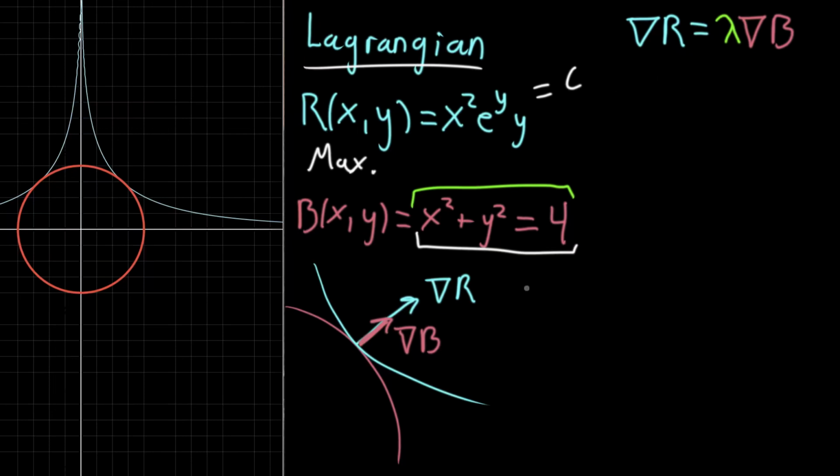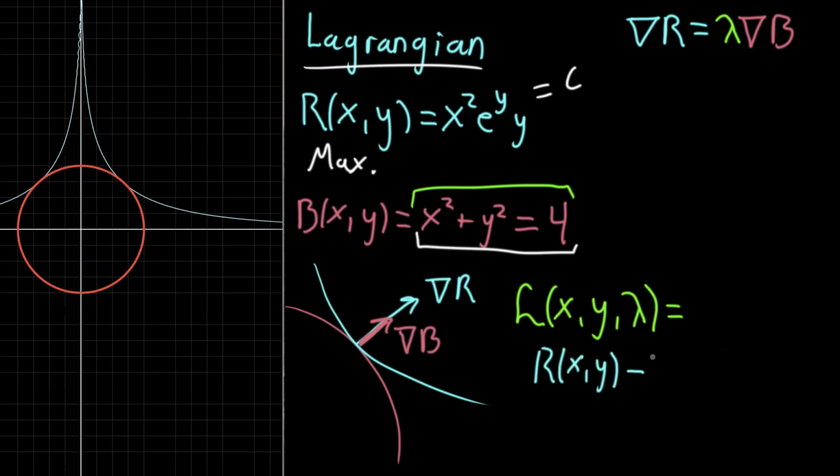So I'm going to define the Lagrangian itself, which we write with this kind of funky-looking script L, and it's a function with the same inputs that your revenue function, or the thing that you're maximizing, has, along with lambda, along with that Lagrange multiplier. And the way that we define it, and I'm going to need some extra room, so I'm going to say it's equal to, and kind of define it down here, the revenue function, or whatever it is that you're maximizing, the function that you're maximizing, minus lambda, that Lagrange multiplier, so that's just another input to this new function that